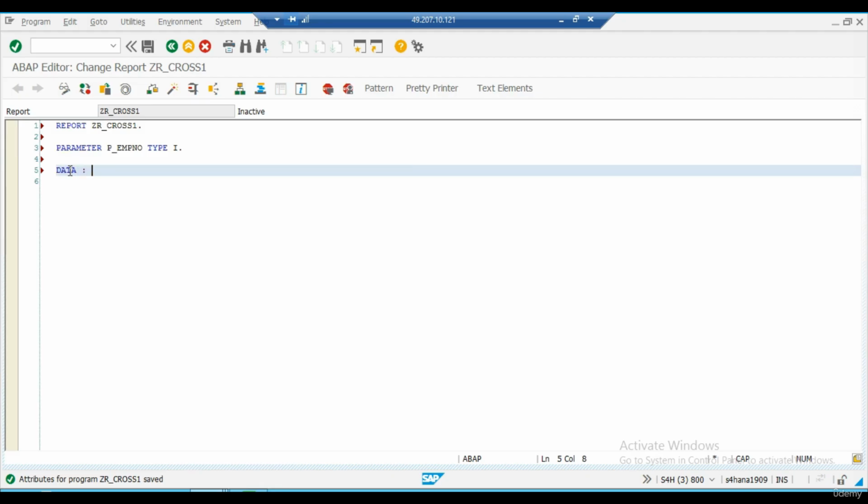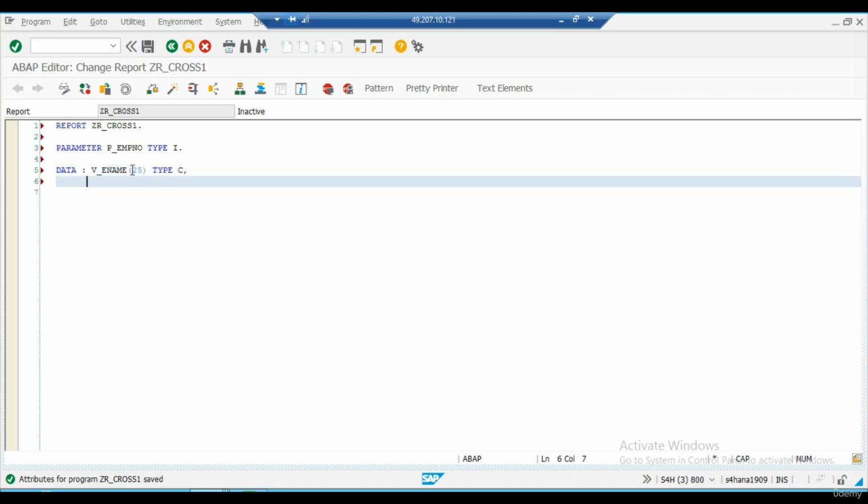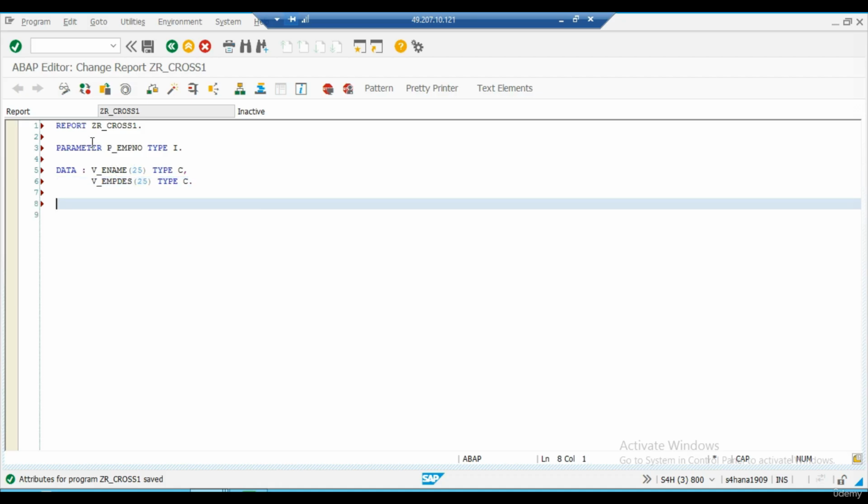Let's say v_ename, length 25, type character. And we need one more: v_emp_designation, length 25, type character. So we have declared